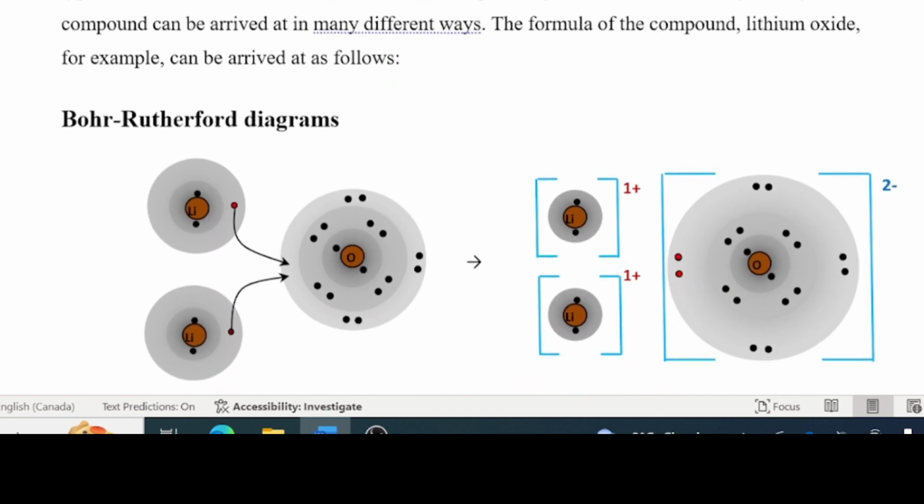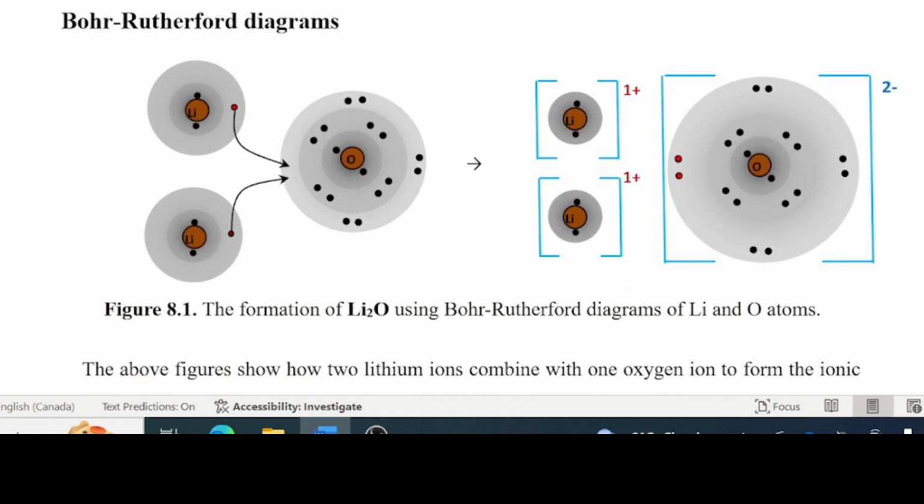Just a quick review, we've done this already. We just want to show you the three different methods of arriving at the formula of a compound. We're not going to go into all the details. We've done this when we did bonding already. So here you're seeing oxygen needs 2 electrons, and each of these lithium atoms is capable of giving 1 electron. So in the end,